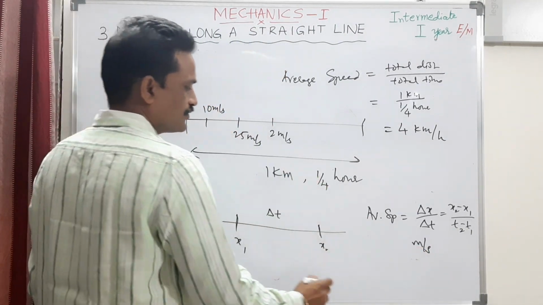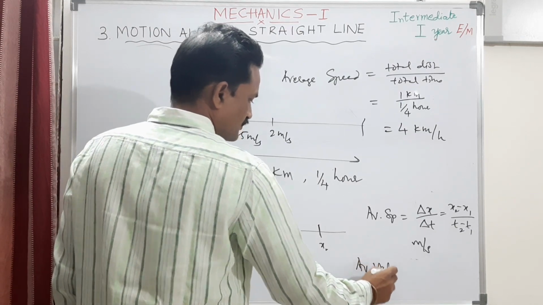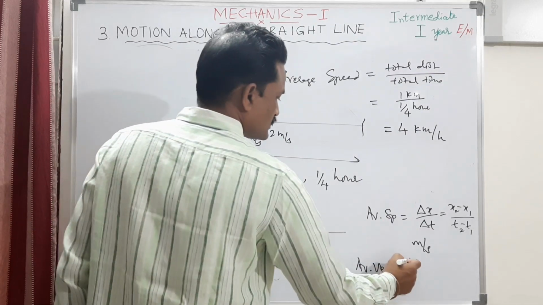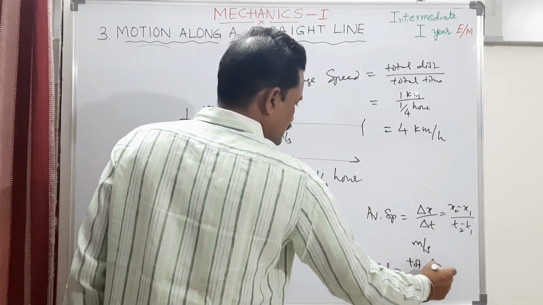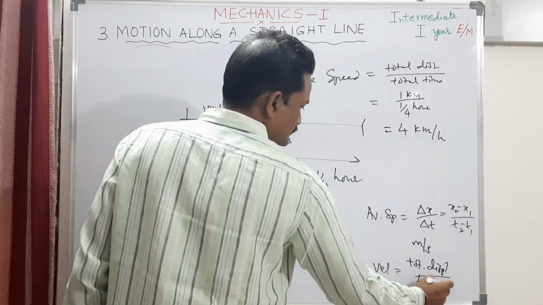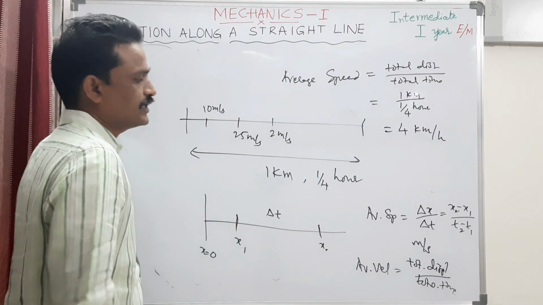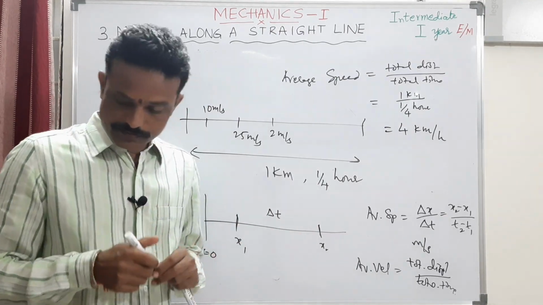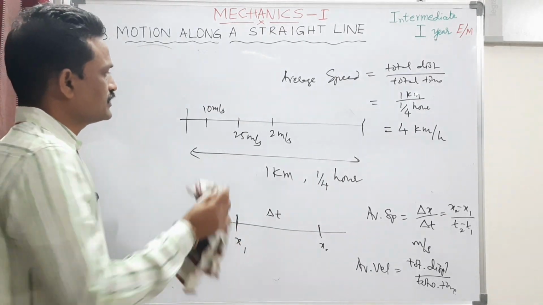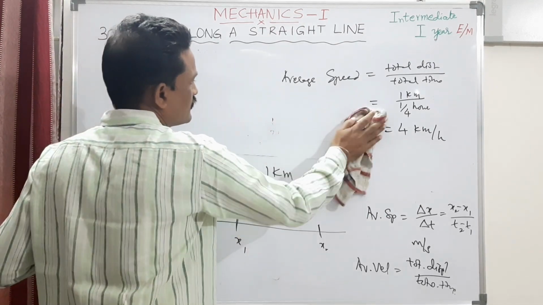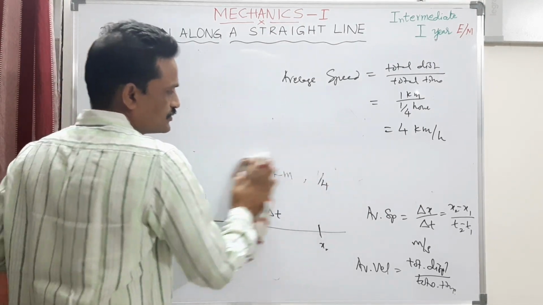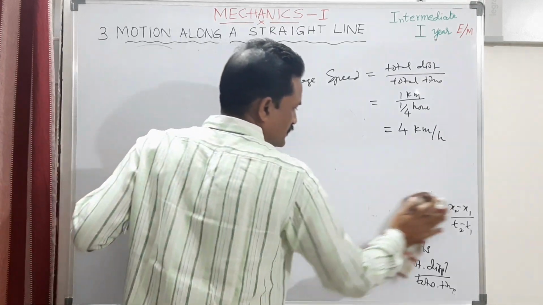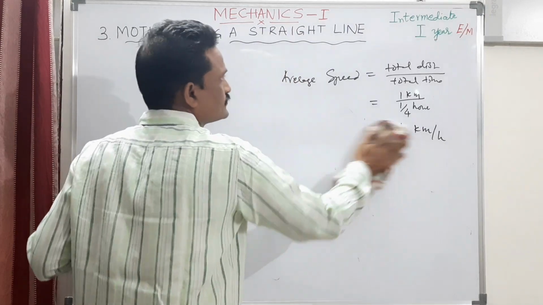The same can be written for average velocity. So what is the formula for average velocity? Instead of distance, you have to take displacement. So this is total displacement divided by total time taken. You will find a number of problems based on this. Now I will try to solve two problems related to average speed. As I told you, in our daily life, we use speed and velocity interchangeably. We don't consider any difference between these two.